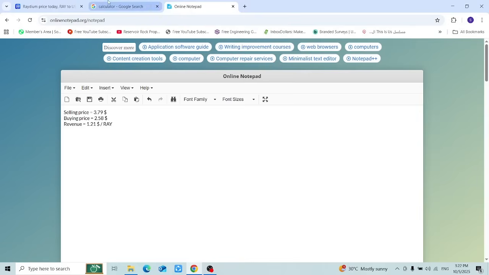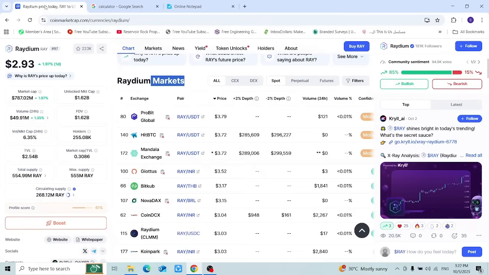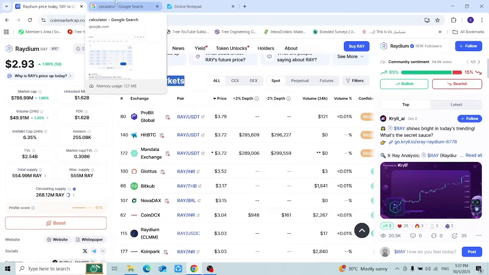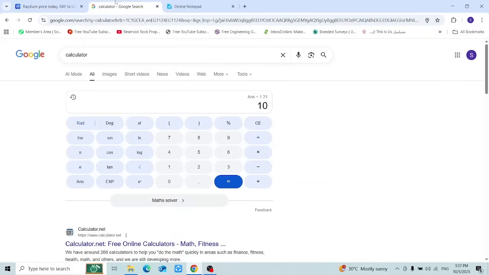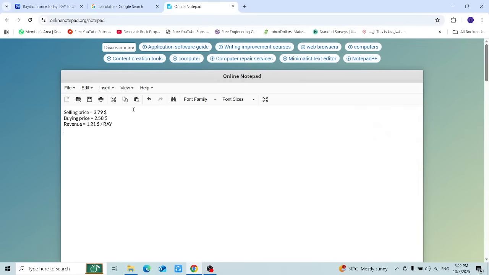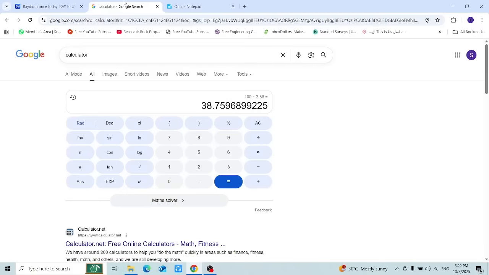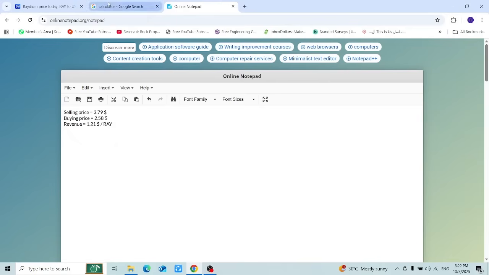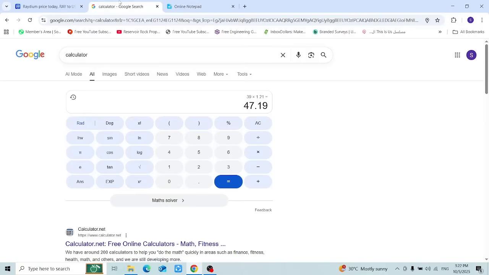And if you calculated how many rays you can get from a specific investment, for example $100, you can divide the $100 by the buying price, 2.58, which means that we can purchase about 39 rays. And if we multiply the 39 rays by the revenue per ray, which is 1.21,